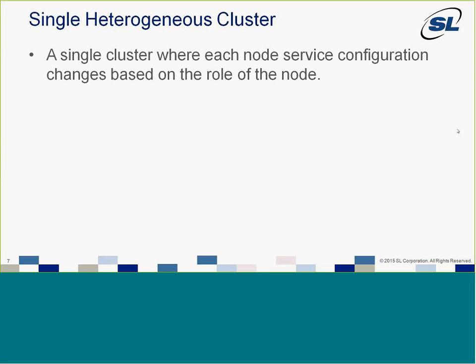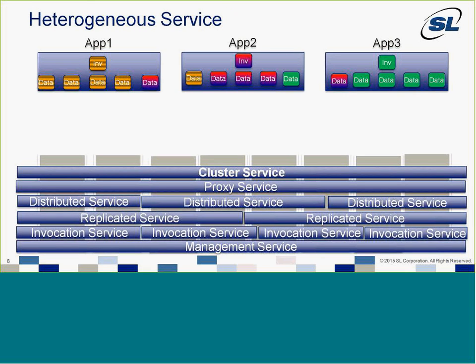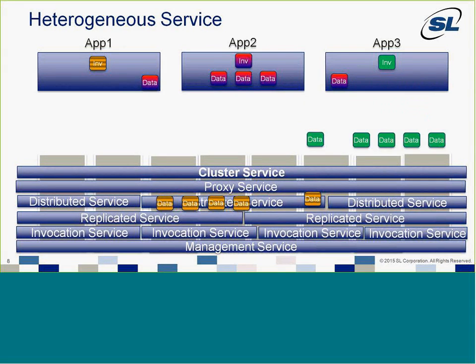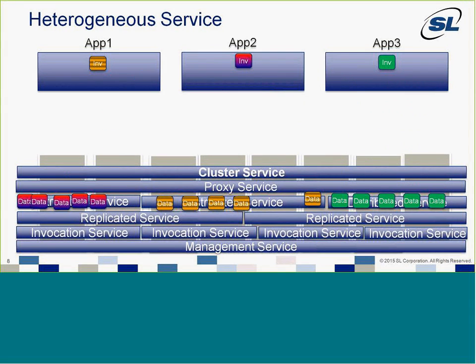What we have here is you can go with a single cluster, but you can make it a heterogeneous one. Effectively, not every node in the cluster is going to join every service. So you might have 10 in one service and maybe 15 in another. Just to give a quick demonstration, same as before, we have our 8 servers across the bottom. We have one cluster service, maybe one or a couple of proxy services, and distributed services maybe across different levels of hardware. In this model, your data from each app would be going into maybe each distributed service, but the data is shared between apps.